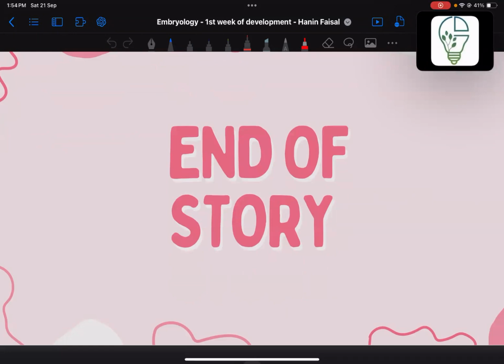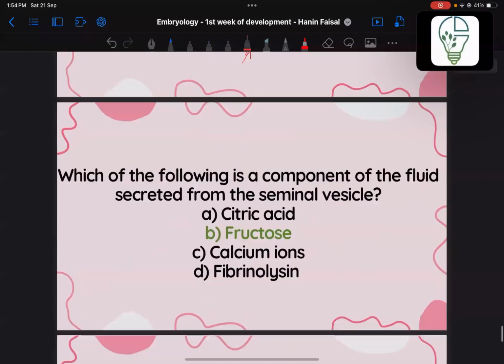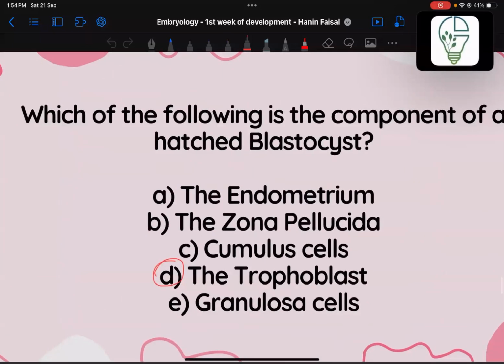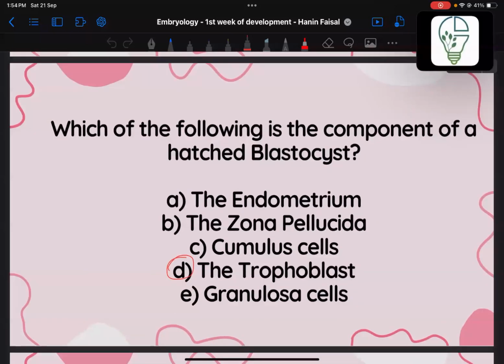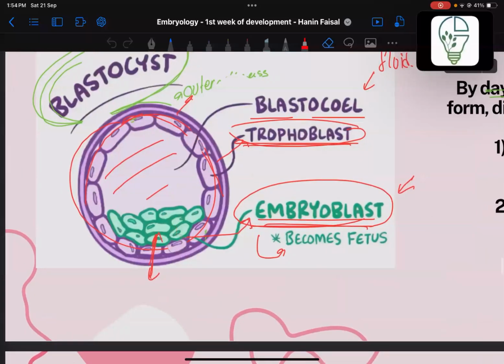Is there anything you want me to repeat? Okay, wait, can I repeat the first question? Let me go back to the first question. Okay, the first question is basically asking you about the components of the blastocyst, which is here. The blastocyst is made from an outer cell mass, which is called the trophoblast, and an inner cell mass, which is called the embryoblast. So if you look at the options,